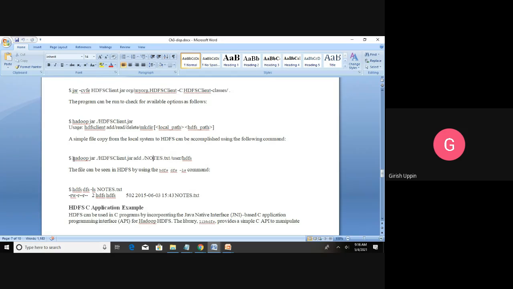For example, you say hadoop jar ./ followed by the name of the jar file, then let us say delete. In case of delete, you give only the HDFS path. You will need only one path, the name of the file. For example, if you want to delete this particular file, you give the next argument as /user/hdfs/notes.txt.